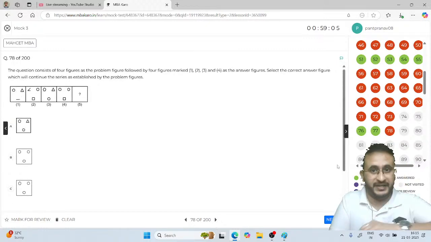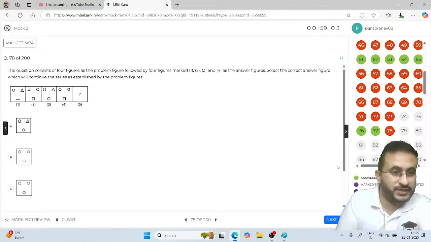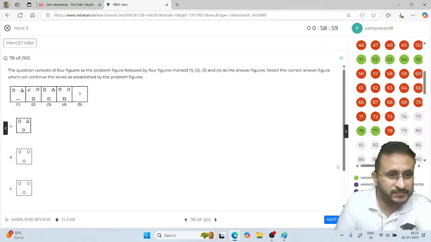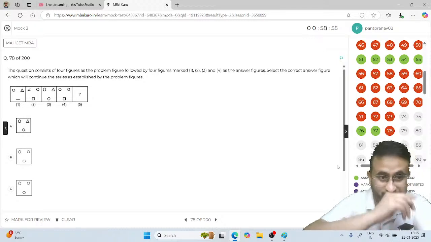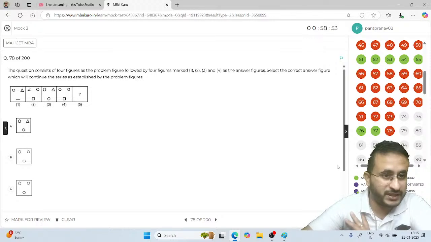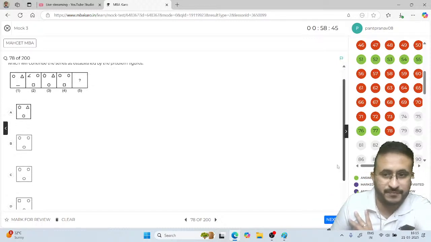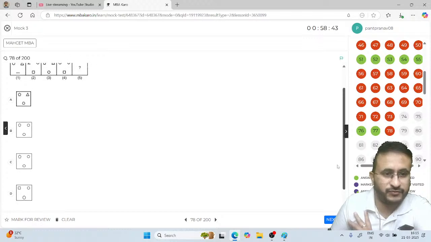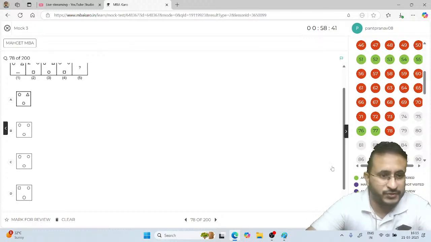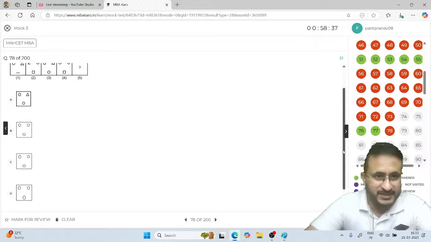Okay, so we need to find, continue the series. So we have this circle moving this side. So circle remains constant, right? So circle was at the left, right, bottom, left, right. So circle will be on the right side. ठीक है circle left right में होगा which is present in 4 options. Okay, so first option we can eliminate. B, C, D are left,